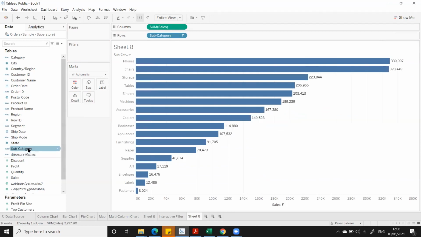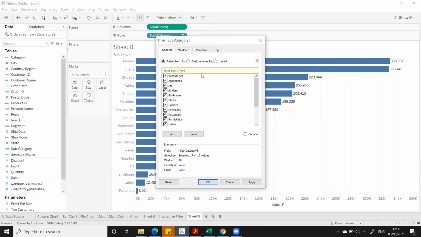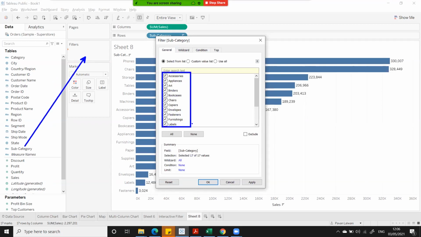Step number one, drag subcategory into filters. Subcategory into filters, deselect some of them and click on apply. Deselect some of the subcategories without any logic, and click on apply.